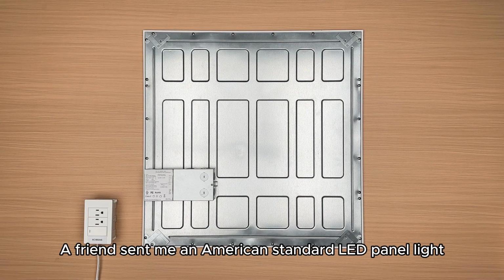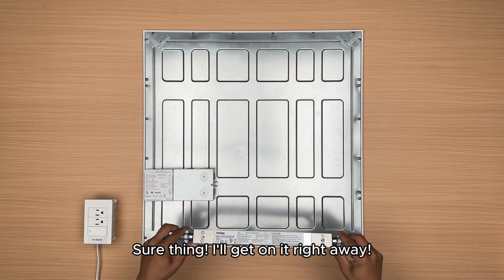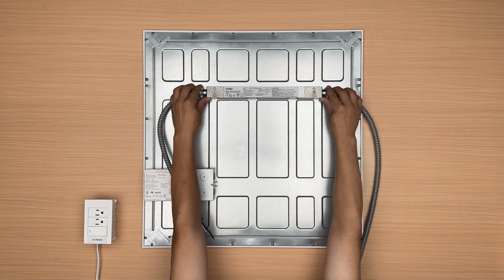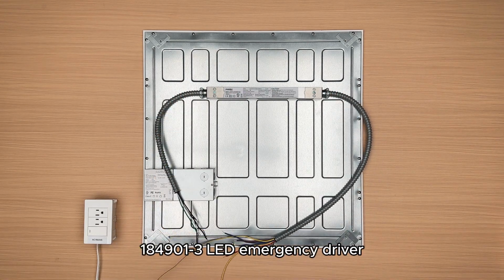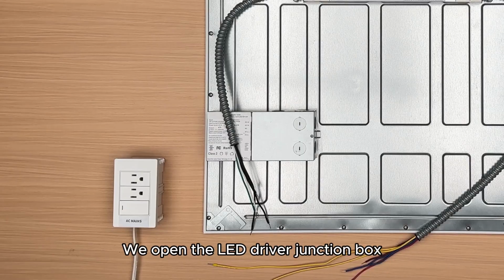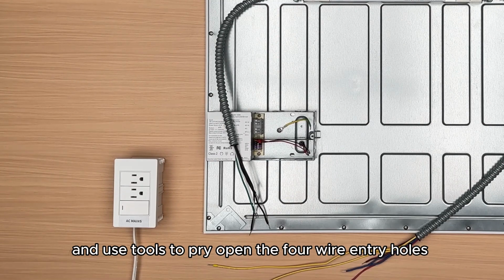A friend sent me an American Standard LED panel light and asked us to help add the emergency function. Sure thing, I'll get on it right away. We're using the Phenix Lighting UL certified 1A49013 LED emergency driver. We open the LED driver junction box and use tools to pry open the 4 wire